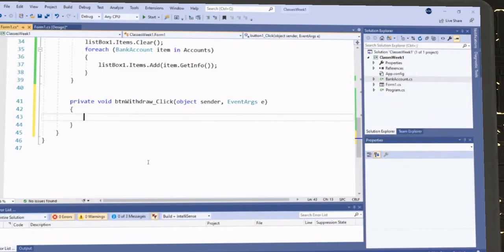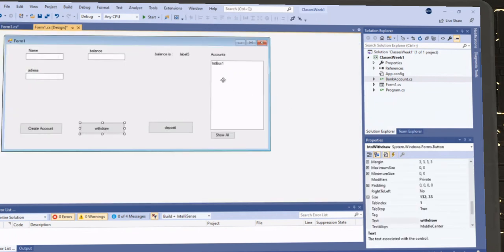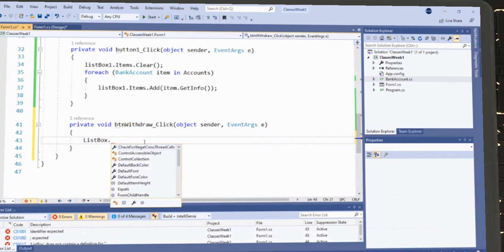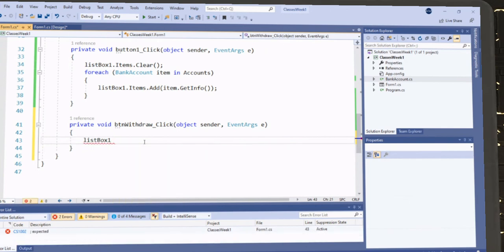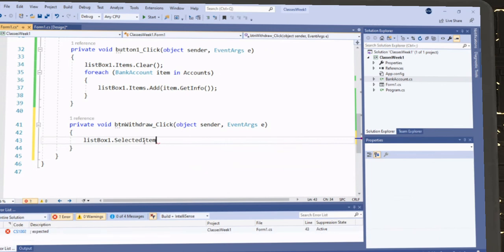Now let's do the withdraw. Withdraw is just very simple. Well, I need to access whatever account you are selecting from the account list first. So I would say listbox one dot item selected item. Well,